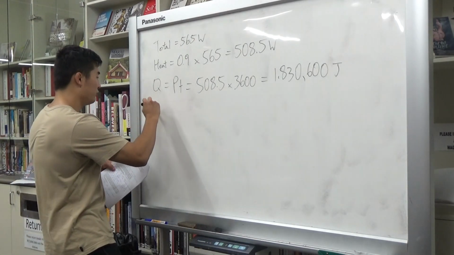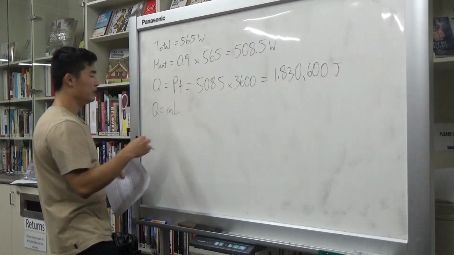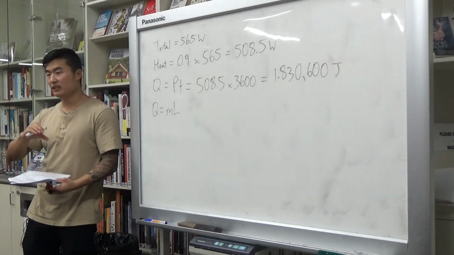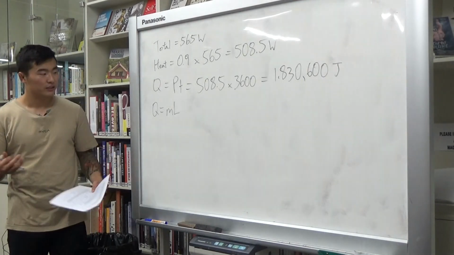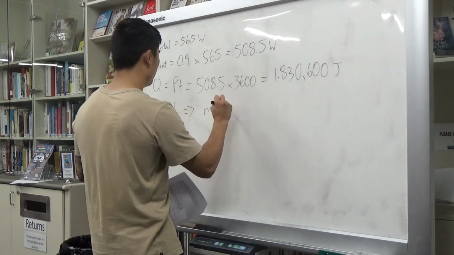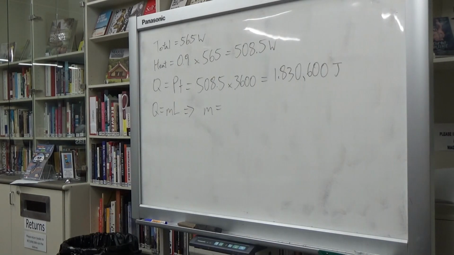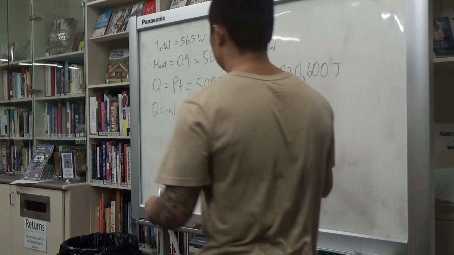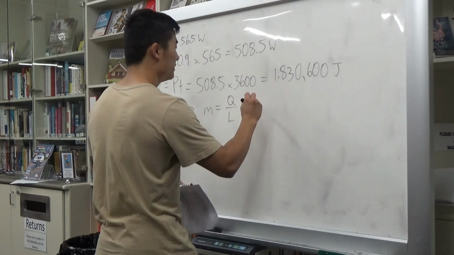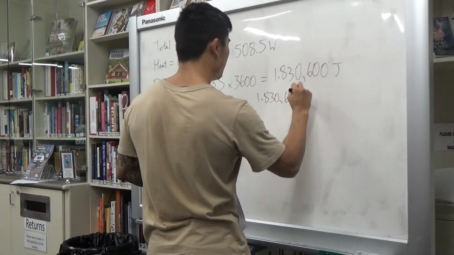So we have the equation Q equals ml. I went over that last week. It's whenever you have a phase change. So the sweat is going from liquid to gas. So we're going to rearrange this equation for mass. And mass is going to be equal to Q over L. So Q is 1,830,600